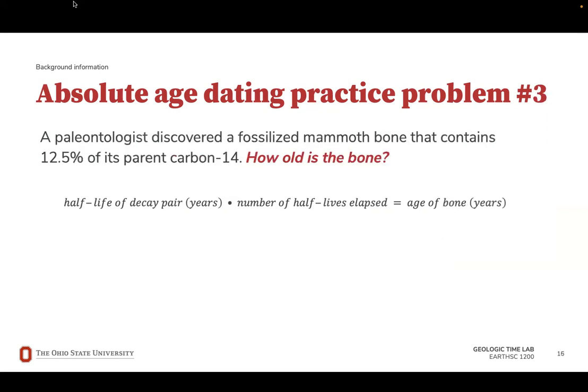A paleontologist discovered a fossilized mammoth bone that contains 12.5% of its parent, carbon-14. How old is the bone? We can find the age of the fossilized mammoth bone by multiplying the half-life of carbon-14 by the number of half-lives that have already elapsed. First, we'll use the table of isotopes used for absolute age dating to find the half-life of carbon-14,